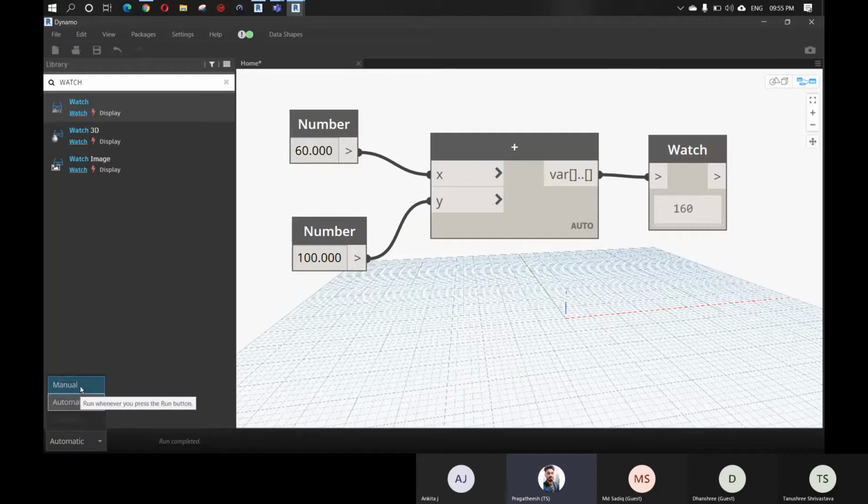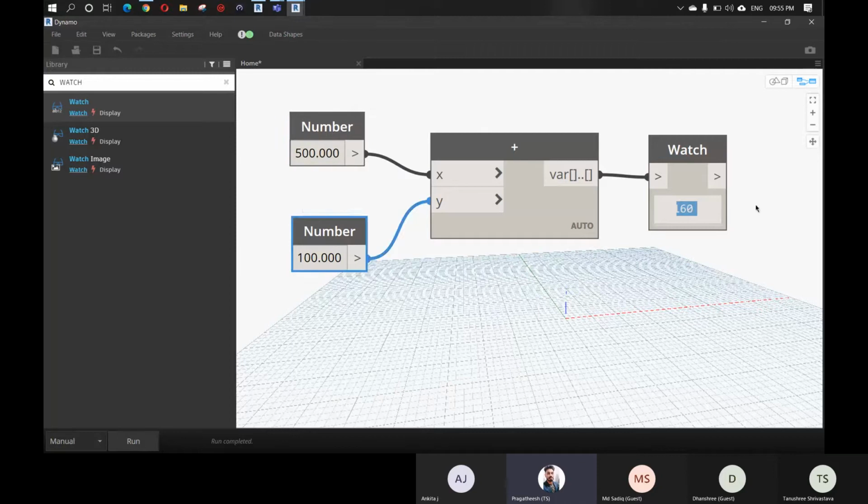But if I change this to manual and change this to 500, now you can see 500 plus 100 is 600, but the watch wasn't updated because now the program is running in manual mode. So you have to click run to run this program. Now I'm clicking run, and the watch has changed to 600.